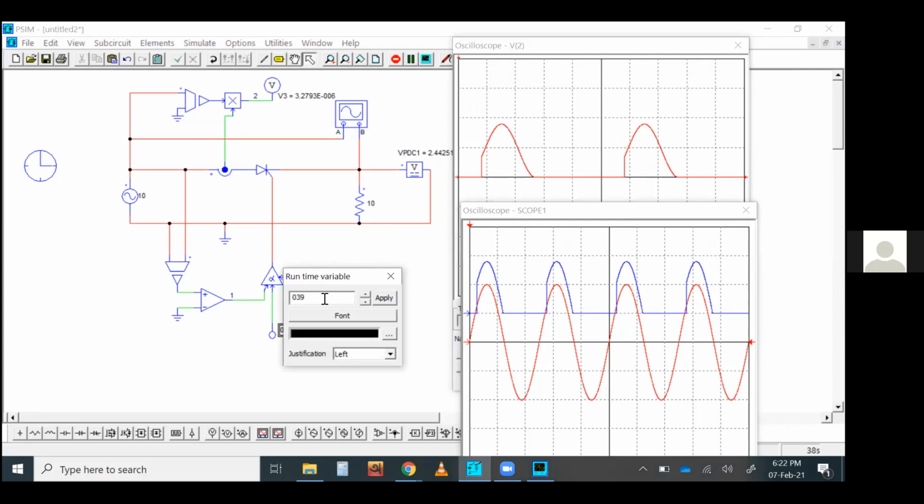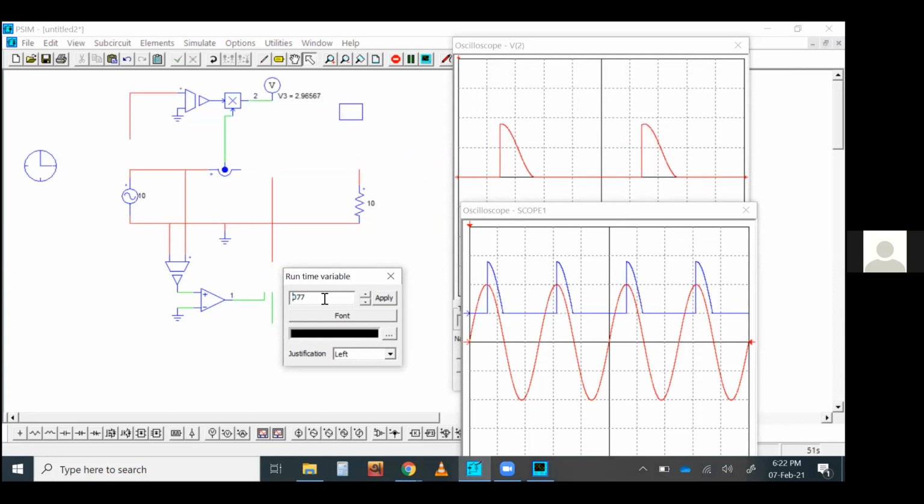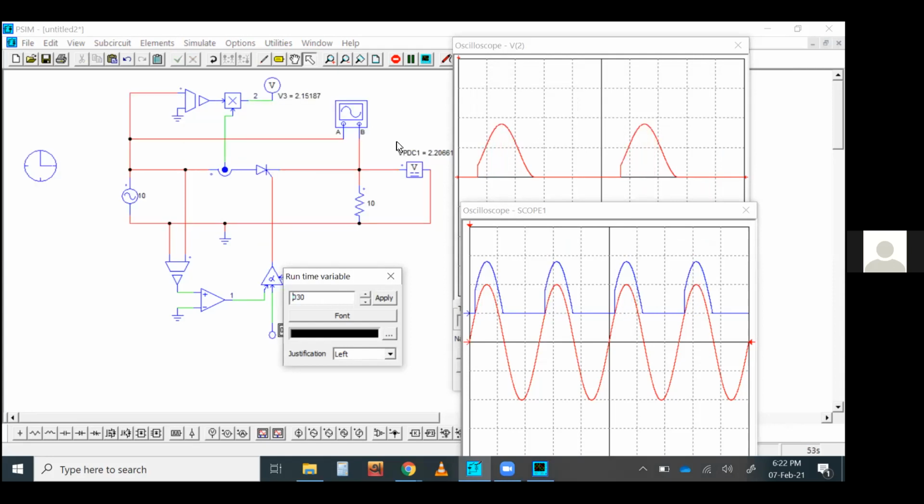This is the power being supplied. Let's say I'm changing it. How does it look? Accordingly, your power delivered to this resistor is being changed. Okay, done.